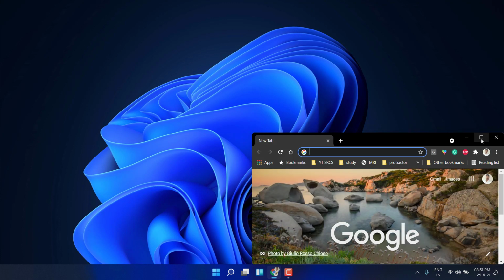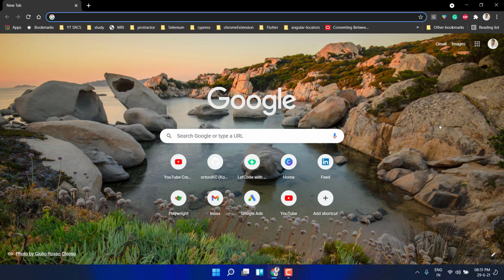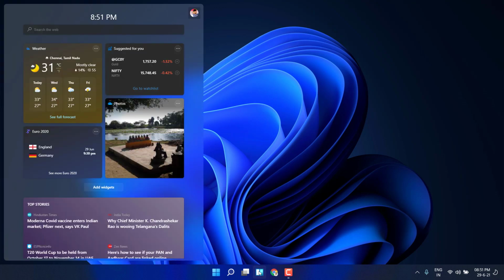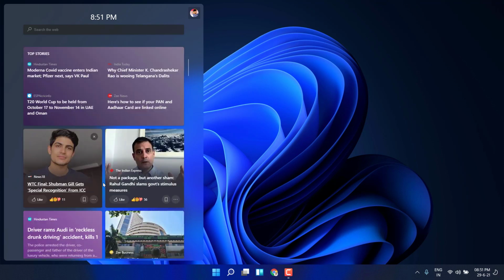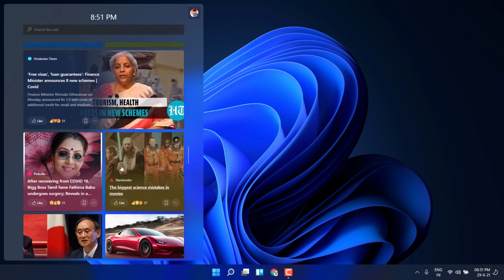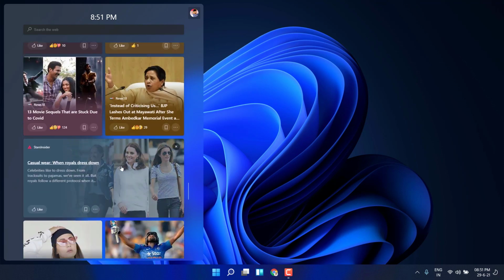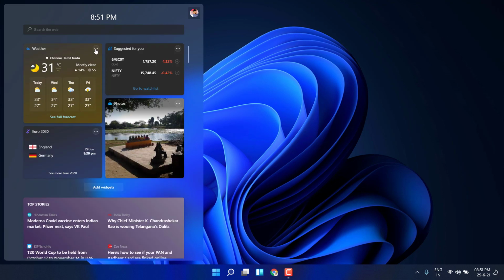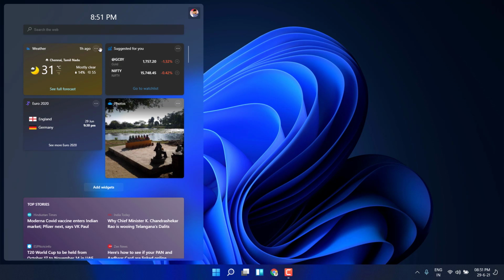So that's a really good feature for those who are going to use multiple displays. It is a great feature. And lastly, we have this widget. Here you can just play with this, like we have infinite scroll of widgets. So just in case you want to waste your time, probably you can read all these magazines or whatever it is. Okay, and of course we can change the size to small, medium, or large.